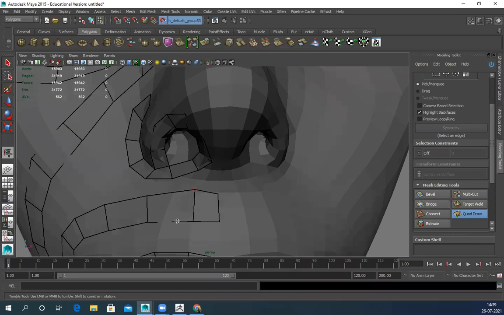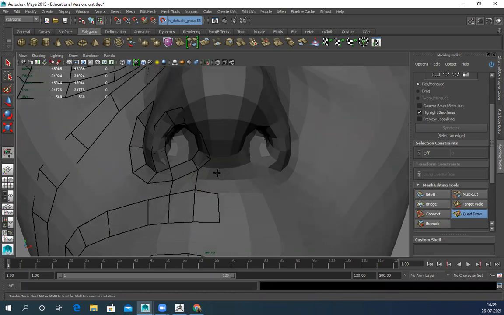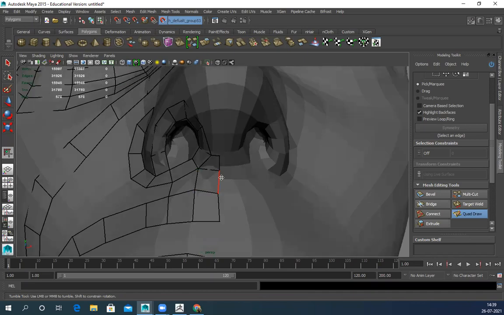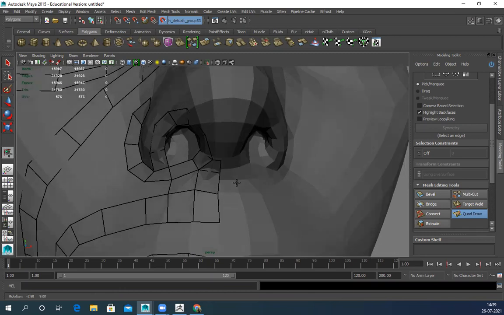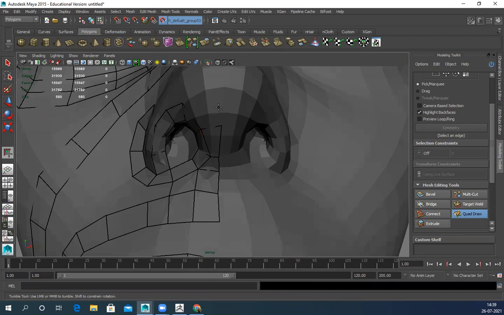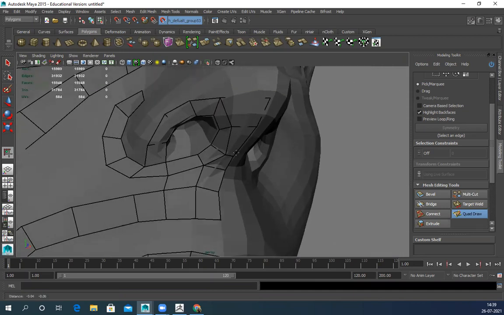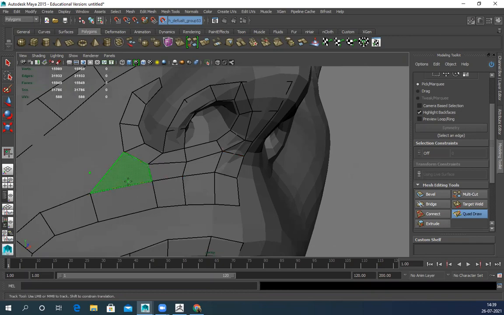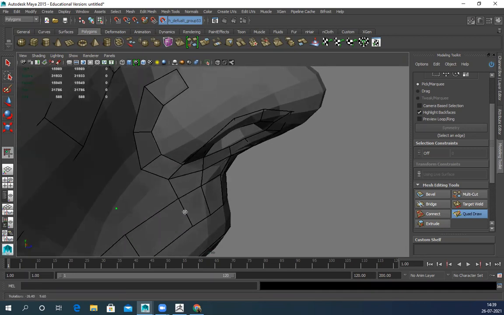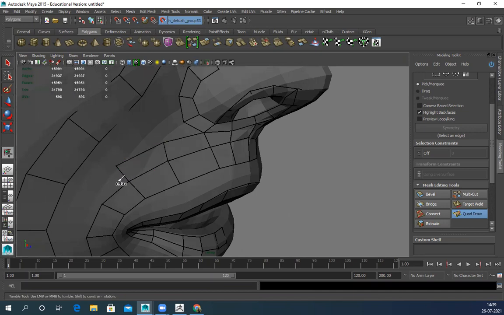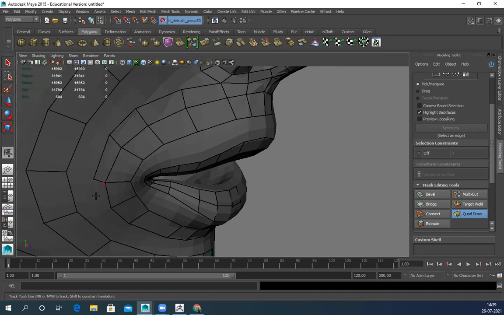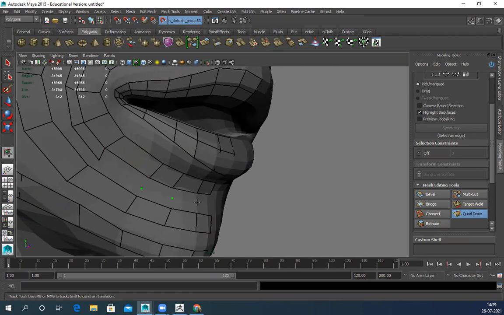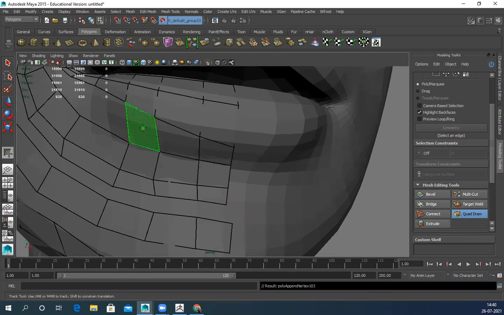Delete this one. 1, 2. Make sure the center line has no triangles, nothing. Connect them, connect, connect, connect.